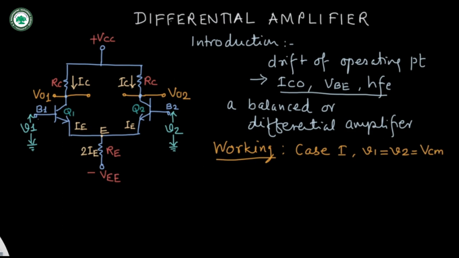That means the input voltage for Q1 transistor through base B1 is similar to input voltage V2, which is provided to base B2 of Q2 transistor, and we consider it in terms